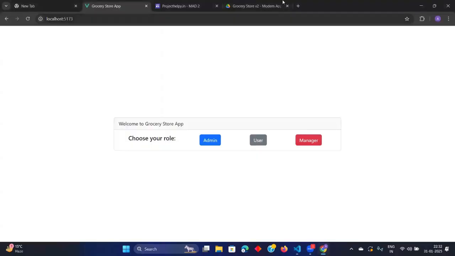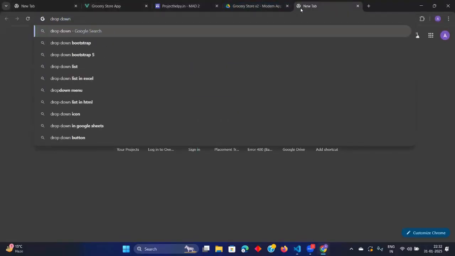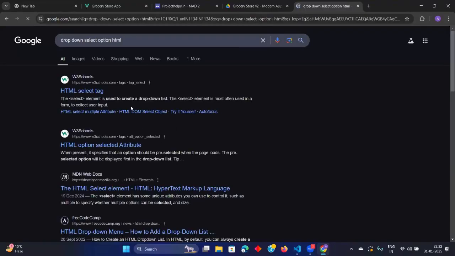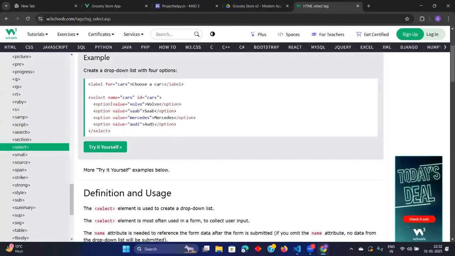Option is basically used when there is a drop down, no? It will fetch whatever categories are already created. So you see this option value is there. And what should be visible here, right?